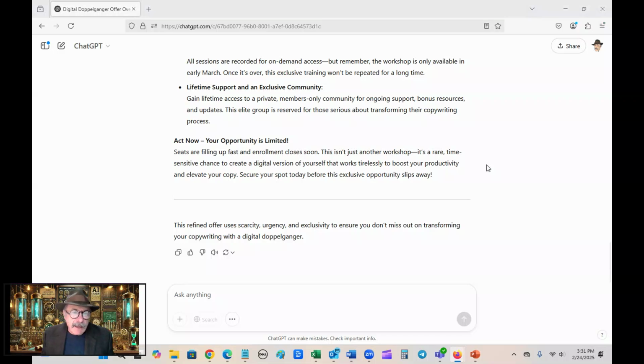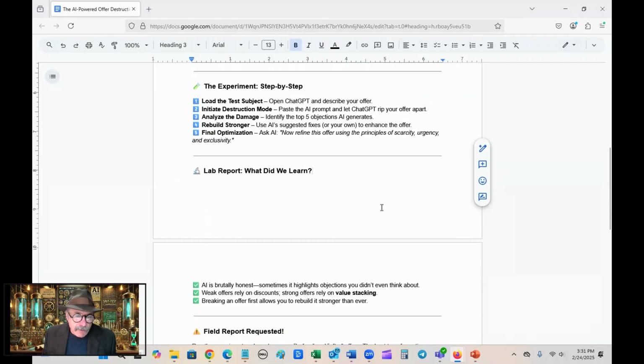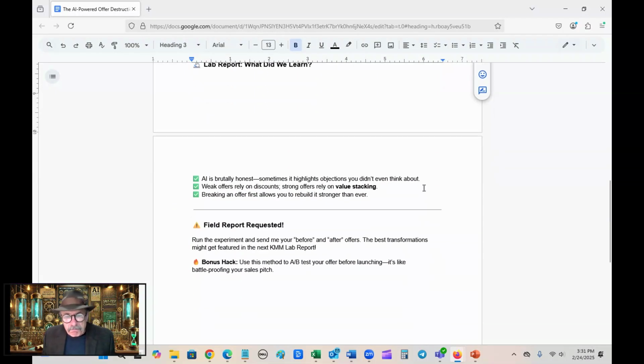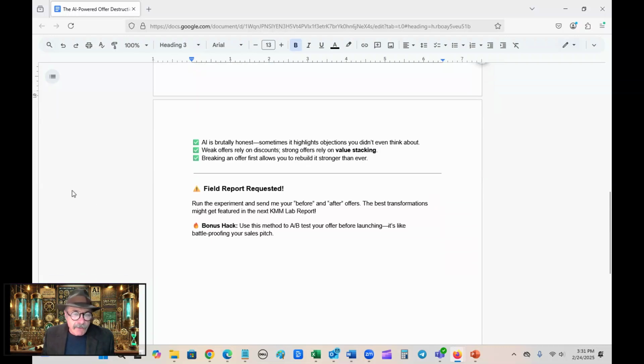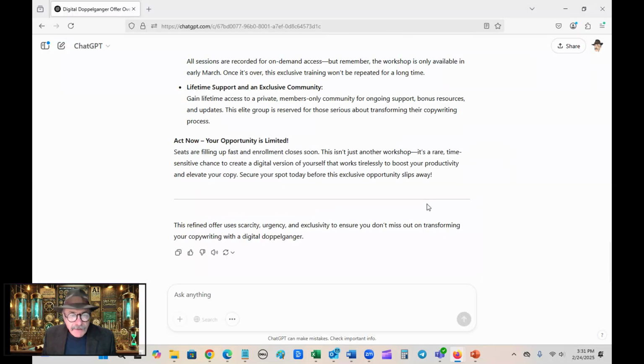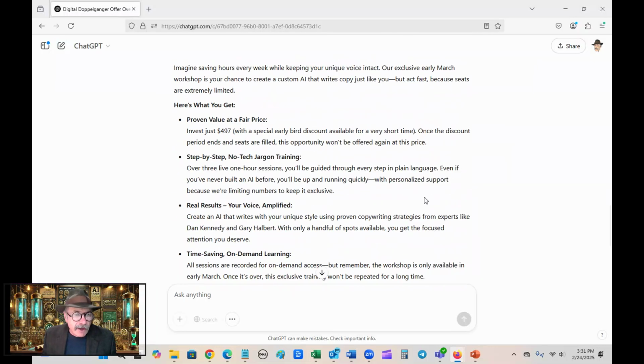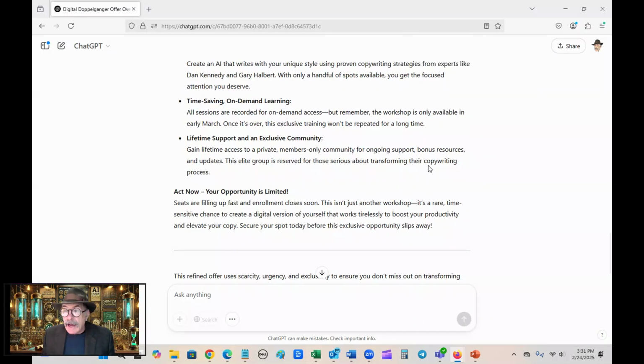I think if I'm looking at, let's see what else is, what did we learn? It's pretty decent. It does offer value stacking. I think it's definitely a better offer than what I put there. So I think overall, this is not a bad first start. Kind of interesting to see what I got. I'm actually going to refine this offer, and I'll let you know exactly when it's ready to go. So I plan on releasing that.